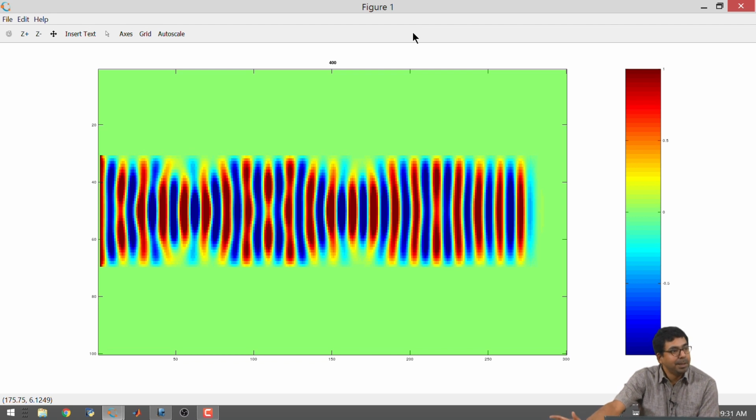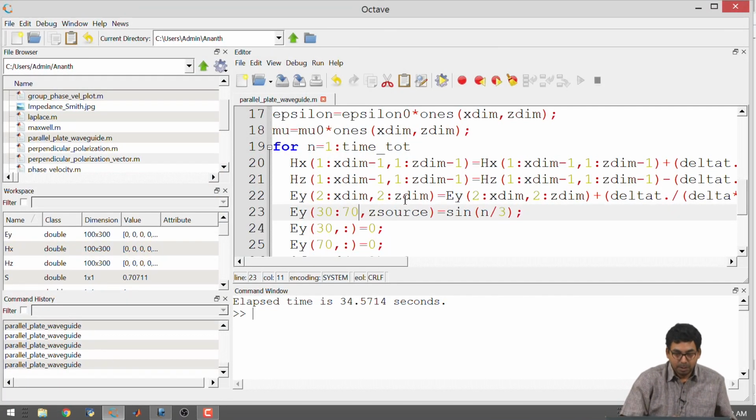Seems to be okay, seems to be launching like a single mode pattern. Hard to say because in between some interference patterns are definitely occurring, all right. So, it is hard to say, but seems like it is easier to control this, all right. The other thing that we can do is make it a little bit smaller, all right. I am just making it a little bit smaller, maybe 40 to 60.